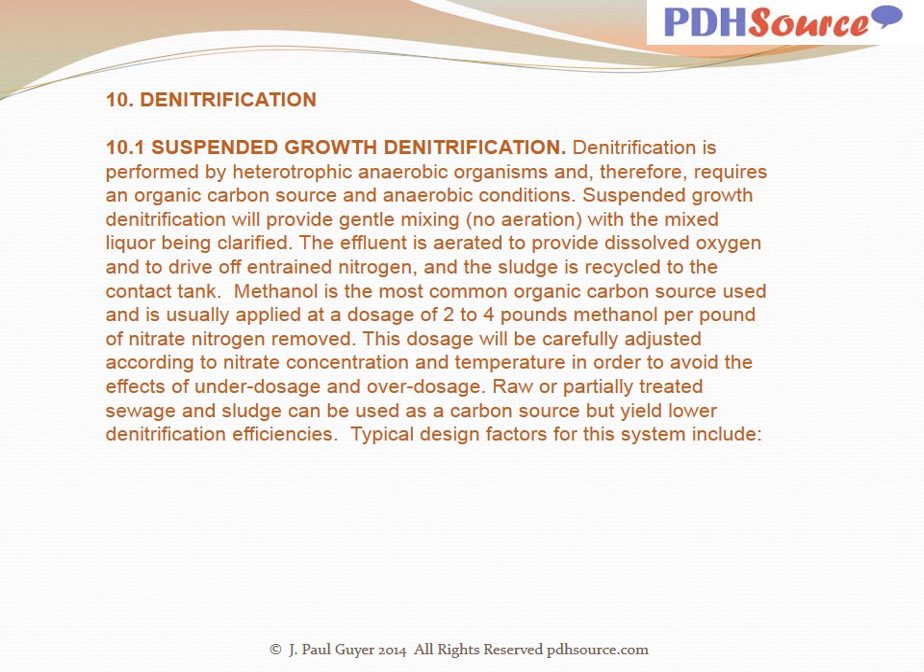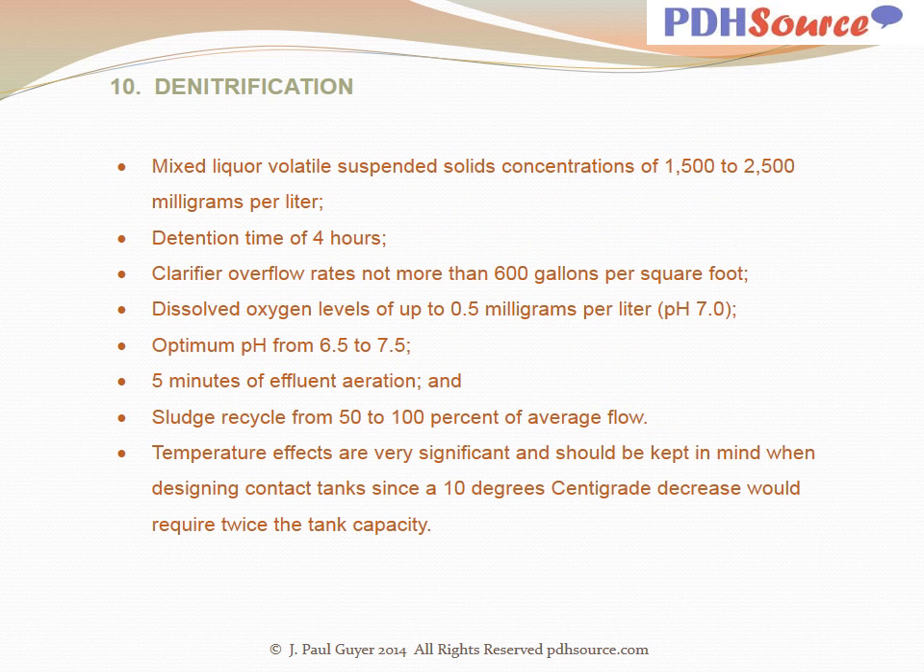This dosage will be carefully adjusted according to nitrate concentration and temperature in order to avoid the effects of underdosage and overdosage. Raw or partially treated sewage and sludge can be used as a carbon source but yield lower denitrification efficiencies. Typical design factors for this system include mixed liquor volatile suspended solids concentrations of 1,500 to 2,500 milligrams per liter, detention time of 4 hours, clarifier overflow rates not more than 600 gallons per square foot,